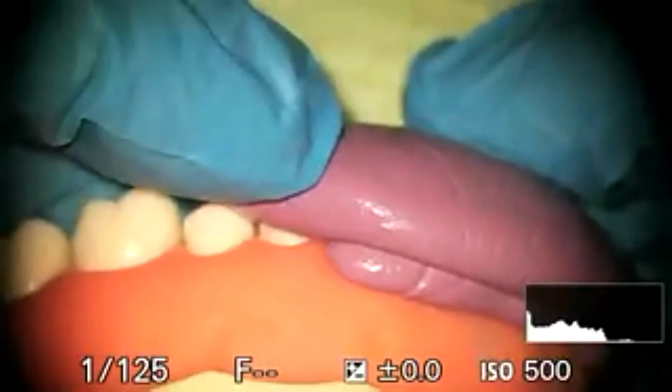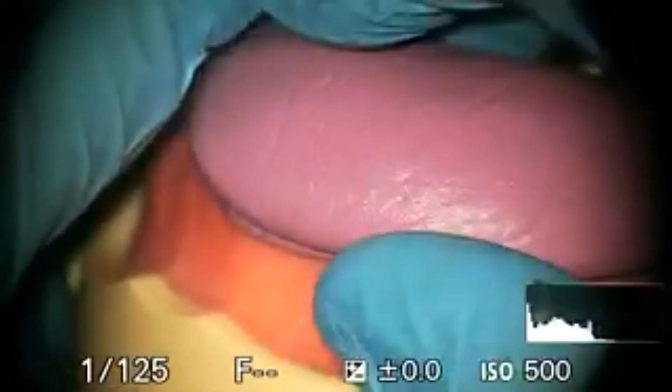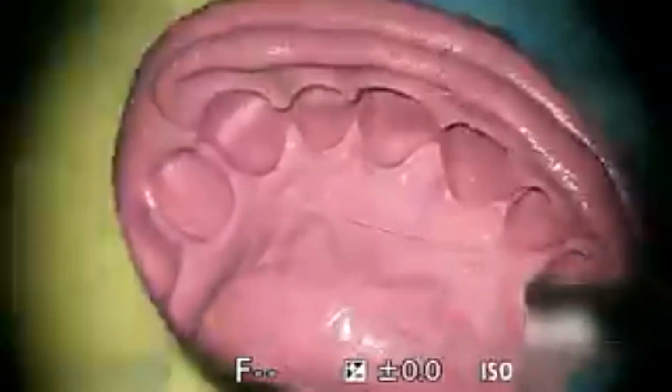Now, if I'm looking to do a putty index, in this case, we're just looking to do the 2 centrals. So my putty index extends from the premolar to the premolar. But if I'm looking to give the patient a mock-up from the premolar to the premolar, then I should start my index from the molar to the molar, because 2 sound teeth are needed, which will not be prepped for your index to reseat. So let's see, this looks to be set,